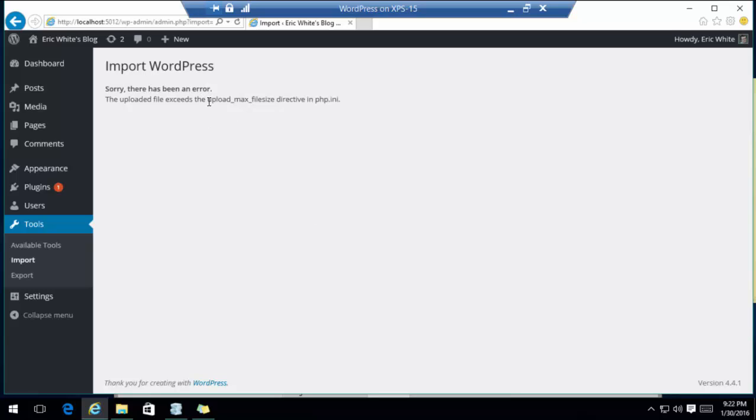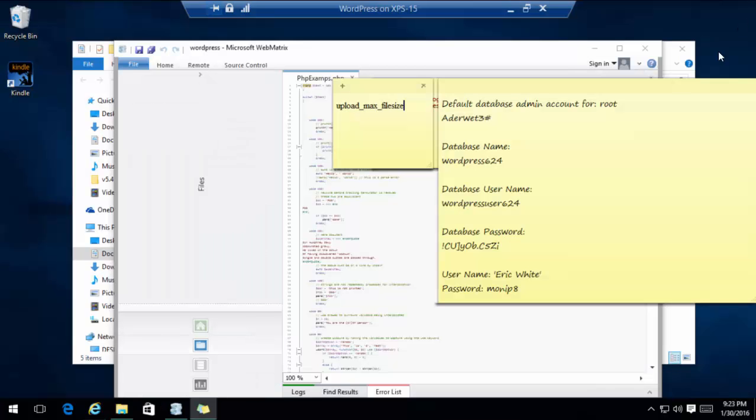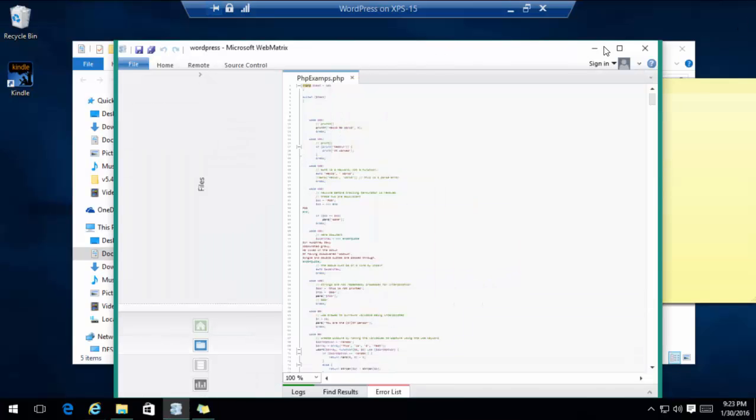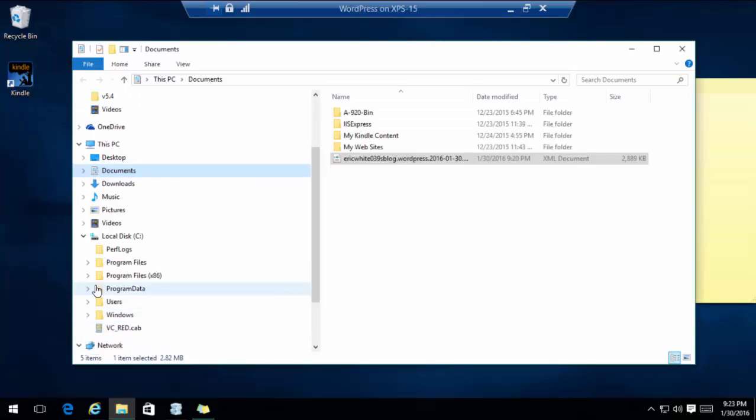And we want to set this upload max file size directive in php.ini. I'll create a new one of these. That's the property I want to look for. And I'll shut this down because we don't want to be running anything when I go change the php.ini,